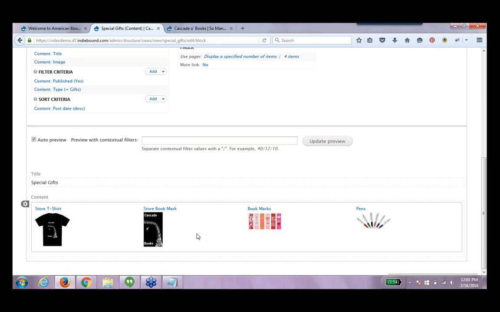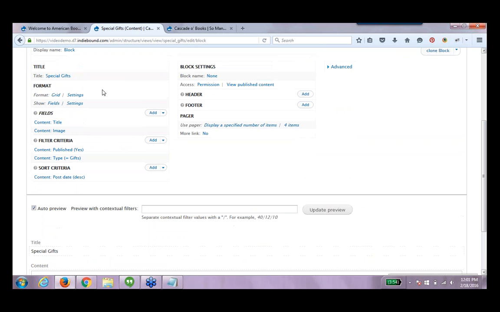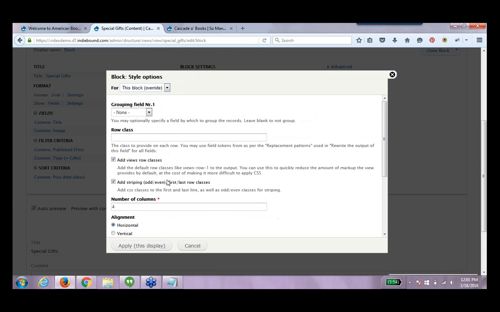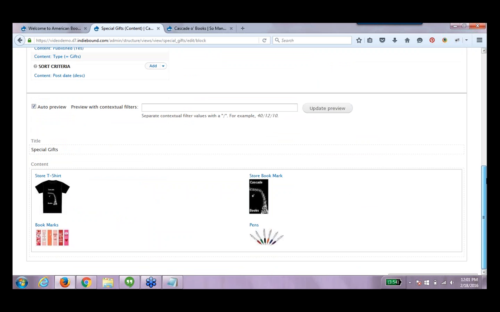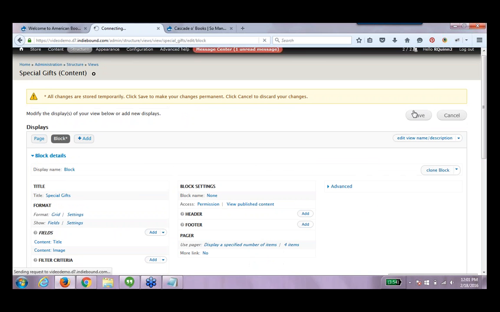So this is okay. It's a grid and showing all 4 of them across, but I want to change my grid a little bit. So I'm going to go to Format, Grid, Settings, and I'm going to say instead of 4 columns, I only want 2. Now I'm going to apply this display, and now I only have 2 columns. So I'll save this block,